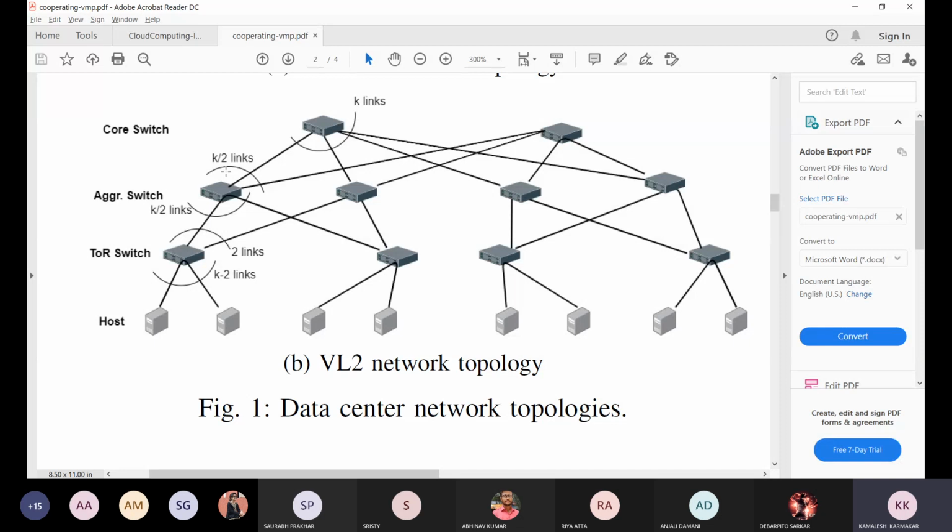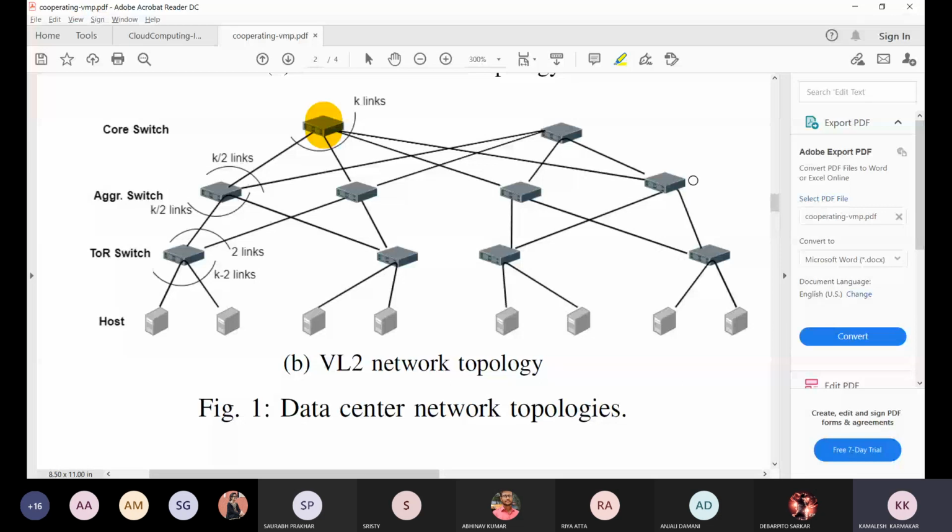As in this diagram, I have shown these are the links. Let me highlight the part. If this is the core switch, then for this core switch we have k number of links. These k links will be used to connect k number of aggregation switches.